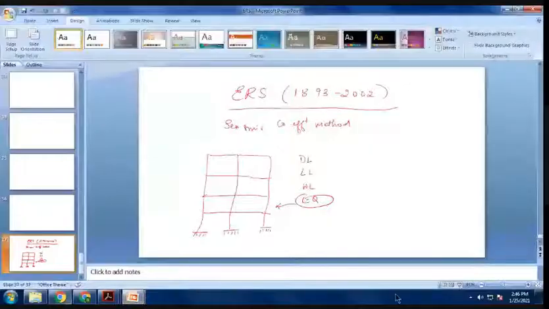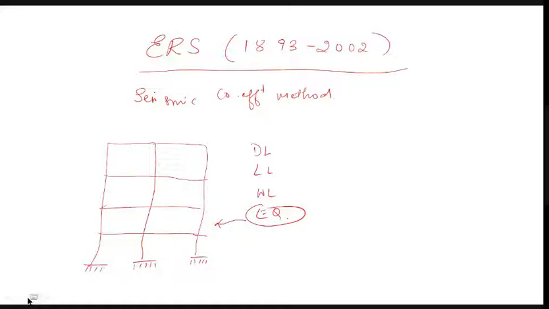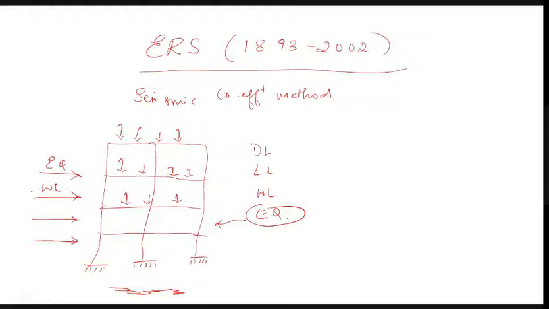For example, see, this is your high-rise building, and say that the earthquake occurs at this point. Then the load will be acting in lateral directions. The dead load and live load act in the downward direction, towards the CG, towards the gravity, but the earthquake load and wind loads will act as lateral loads. These are the lateral loads.